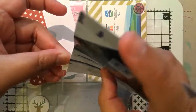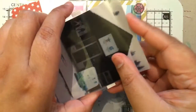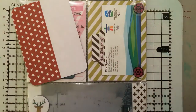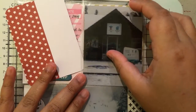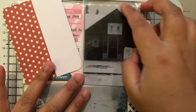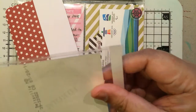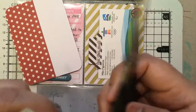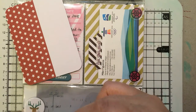So I don't think I decorated this photo, because to be honest, I didn't really know what to say about it. But on that 3x4 card with the red background and stars, on the top portion of that card I will write a little bit about how I am proud that my father worked in Vancouver for his second Olympics,